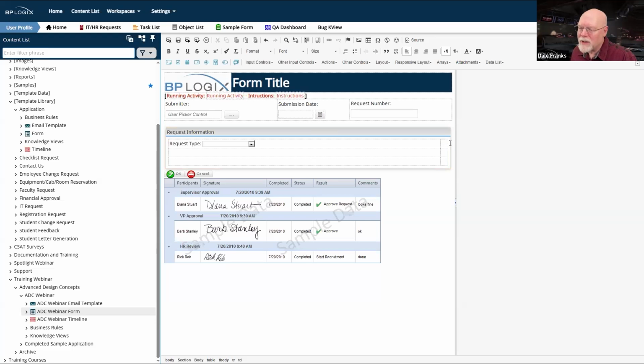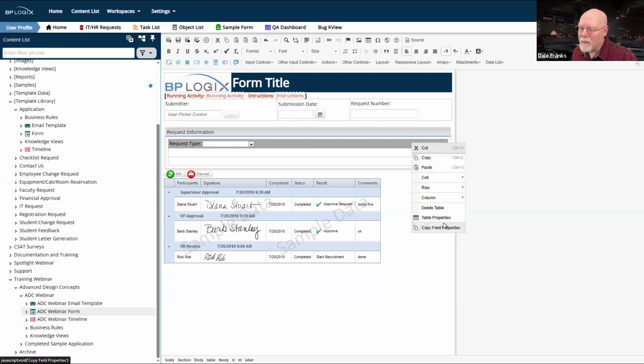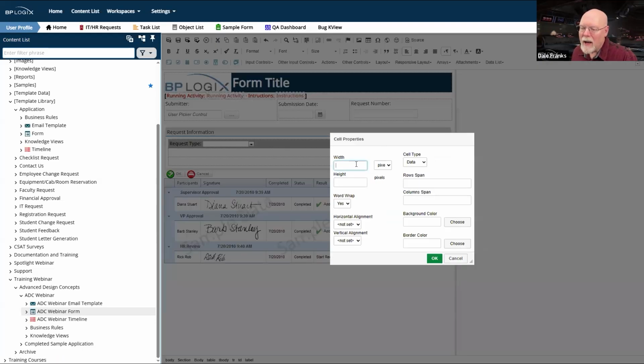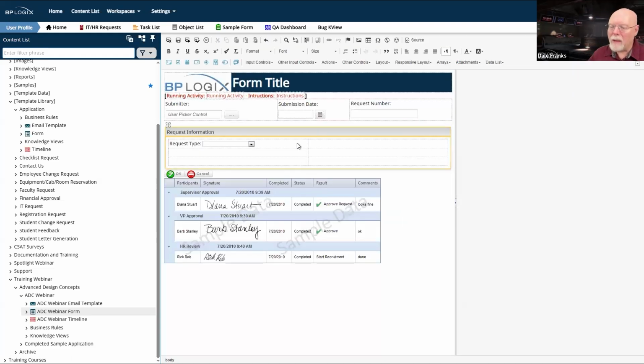What I'm going to do is highlight these two cells, right click, and go to cell and cell properties. I am going to set the width, because I have both cells selected. It will select both cells. And I'm going to set the width of both to 50%. Because I've done it on the very top row, all of the other rows have to follow suit with the width, because I'm really setting my column width on this top row. And so now I've got a 50-50 column size in my table. I never have to worry about it again.